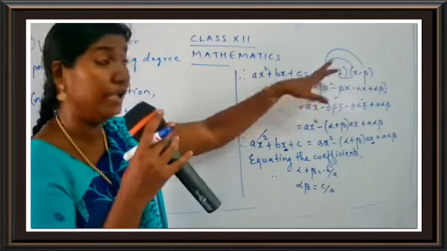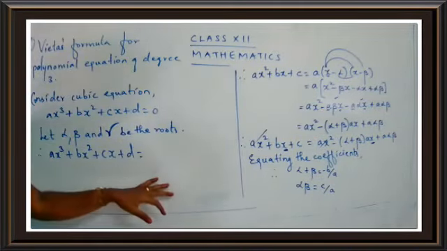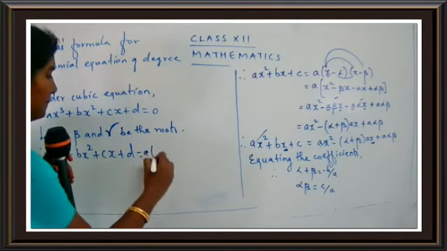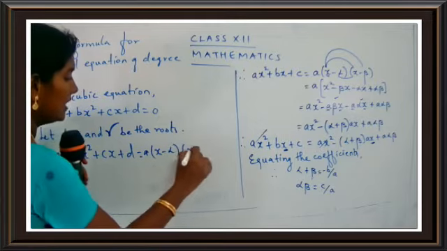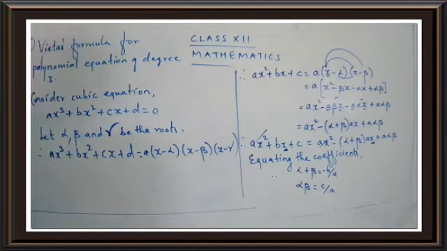So we wrote a into x minus alpha, x minus beta. In the same manner you are going to proceed over here, but with one extra root. We'll write down here a into x minus alpha, x minus beta, x minus gamma. Be careful with the terms, children. We have a lot of variables, around 4 variables used over here. So a into x minus alpha, x minus beta, x minus gamma.